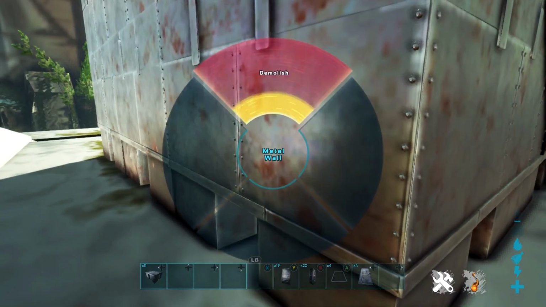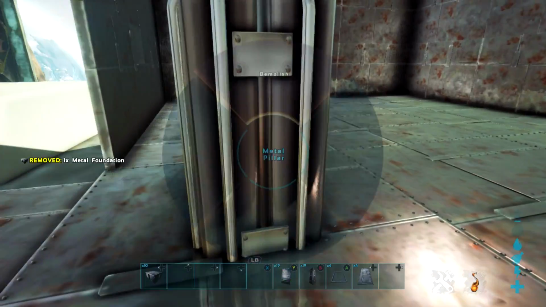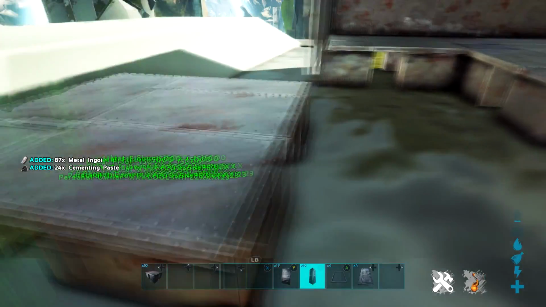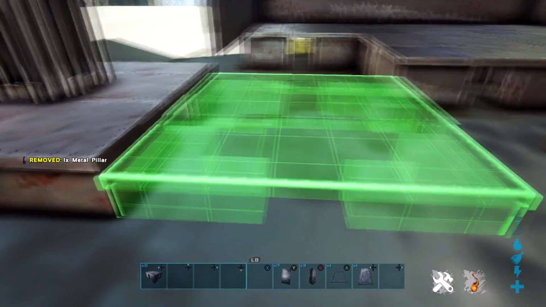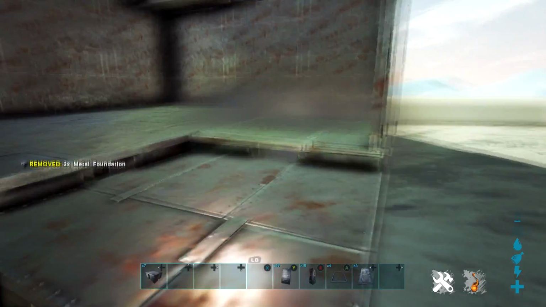So now that you guys have got this part of the base done, we're going to go back. You can do this before making the base or while you're in the middle of it, but I forgot, so I'm going to go back and do it now. Pretty much on the corner, you're going to want to lower a foundation. Follow everything I'm doing here. I lowered it down 2 times,